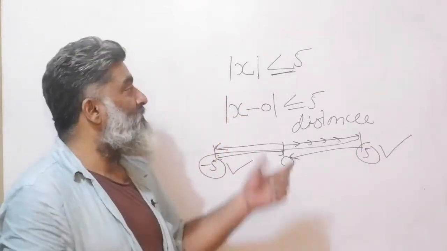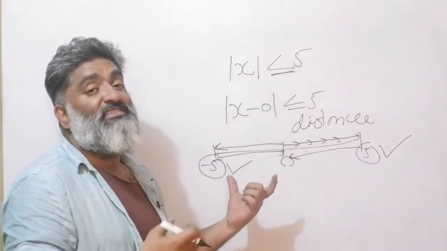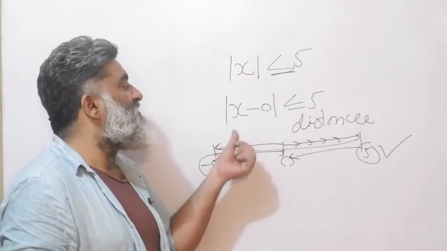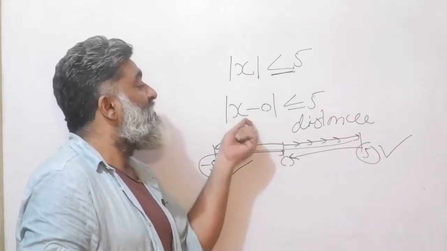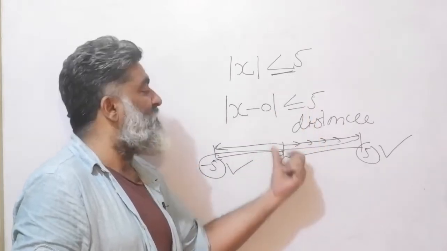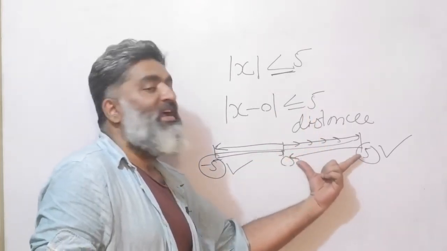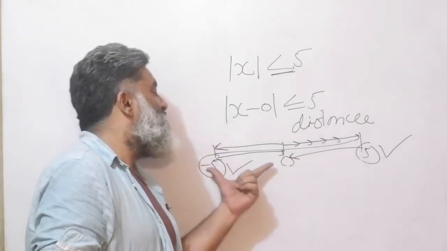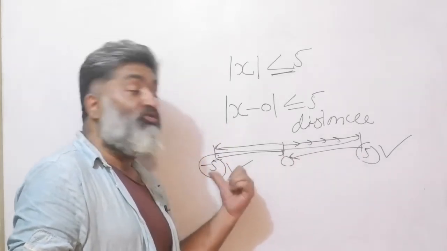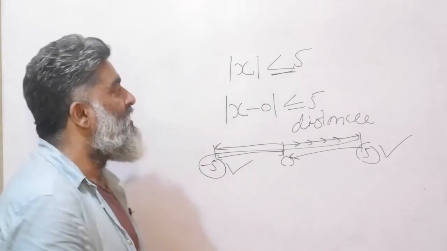Right? So a quick recap, the mod also means the distance from a certain point. In this story, the distance of x from 0. So think on the number line. The distance cannot be more than 5. So you go to 5 units, it can be equal to 5. So you can go up to 5 perfectly, and you can go up to -5 also. You can include both these numbers as well, right?